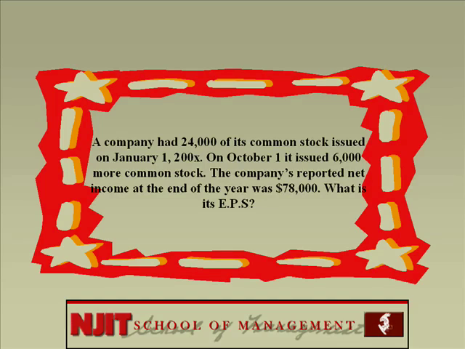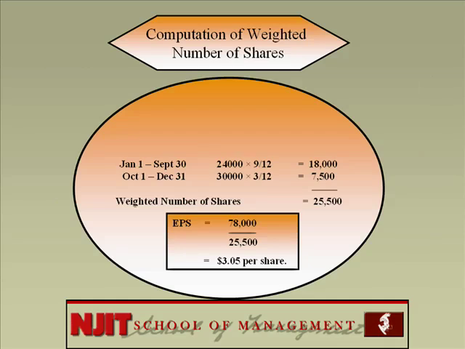If you look at the formula, it said the denominator was weighted number of shares. How do you calculate the weighted number? Okay. Follow me through this very carefully. From January 1 to September 30th, the company had 24,000 shares issued. That's for 9 months out of 12, it had 24,000 shares issued. On October 1, they issued 6,000 shares. So, from October 1 to December 31, that is the 3 months out of 12, they had a total of